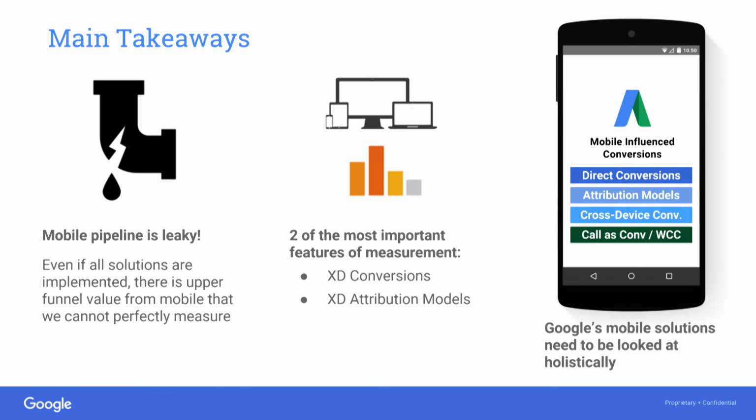All right, so great. So we covered a ton of great content today. Just to summarize, first and foremost, mobile has changed the consumer journey significantly. So last click measurement is not going to work anymore, right? So we need to recognize first and foremost there is going to be upper funnel leakage, regardless, right? But that's okay. Let's use all the solutions we have available, and we went over 2 really important solutions today, which is cross-device conversions and attribution modeling in the AdWords UI.